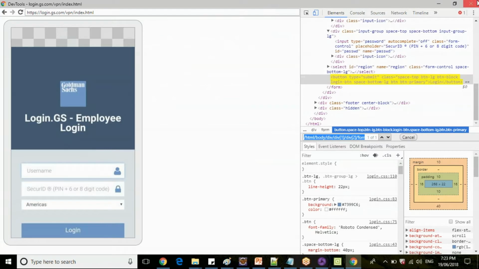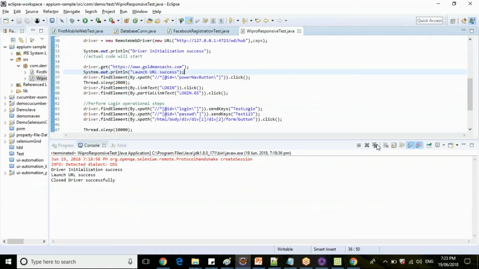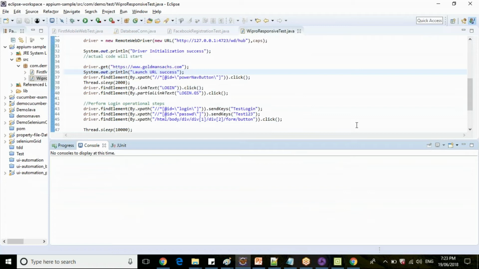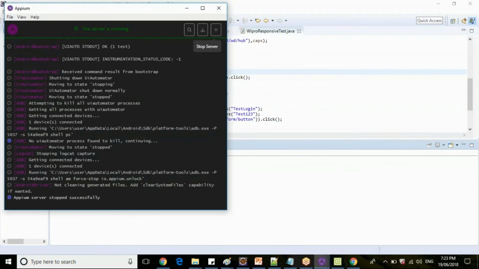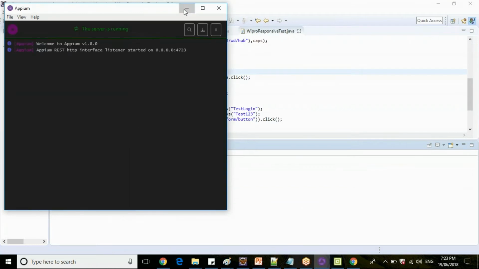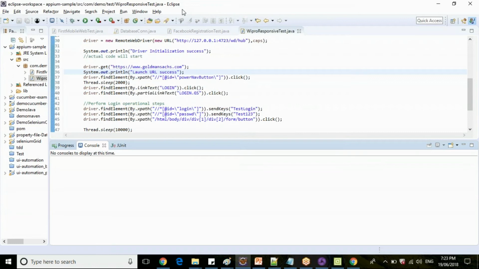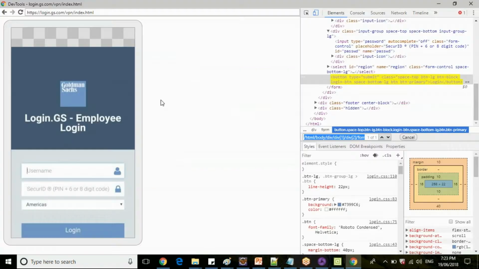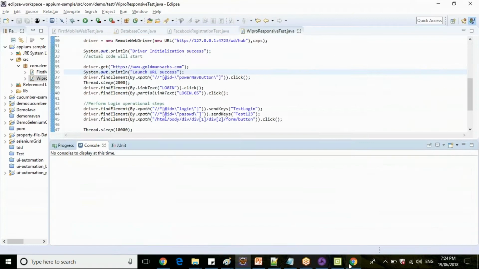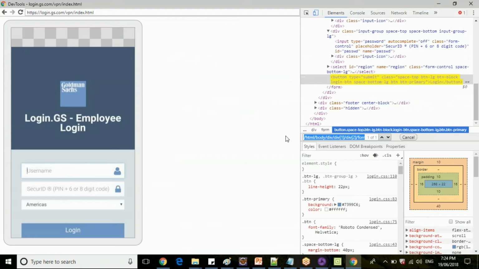So any queries in inspecting the XPath, guys? So are you clear how to inspect XPath for your Android web applications? Even if it is iOS, it is same thing, but you need to open this in Safari. So in Mac machine, in Safari browser, you will have inspect option. So just go there, it will show you list of connected devices. Then the user interface will be almost similar.